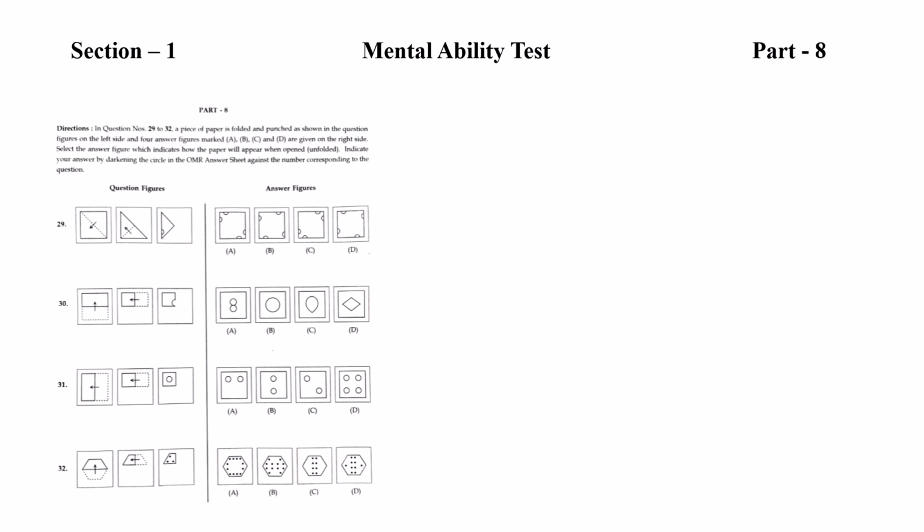Part 8 of this test is going to be, there is a piece of paper that is folded in the given manner, as given in the question figure, and there is a cut made in that paper, and when that paper is opened, how does that paper look like, that we need to choose from the given options. Coming to this question, there is a paper folded like this first, which looks like this. When that paper is folded in this manner, that would look like this, and then there is a cut